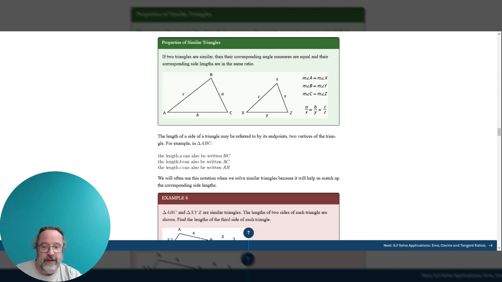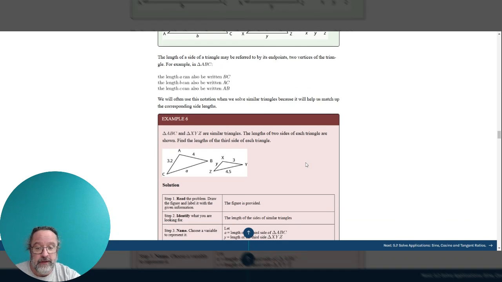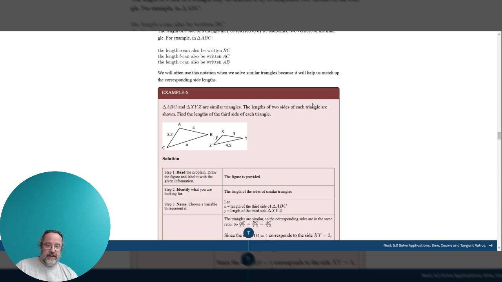The length of a side of a triangle can be referred to by its endpoints, the two vertices of the triangle. For example, in triangle ABC, the length A can be written as BC, the length B can be written as AC, and C can be written as AB. And we'll use this a lot, especially when we get into the calculations. I will start using that notation. So here they said A, so we can say the line or the side BC is